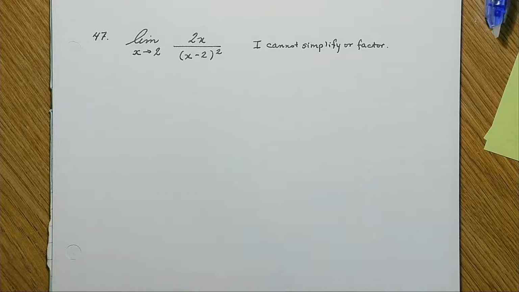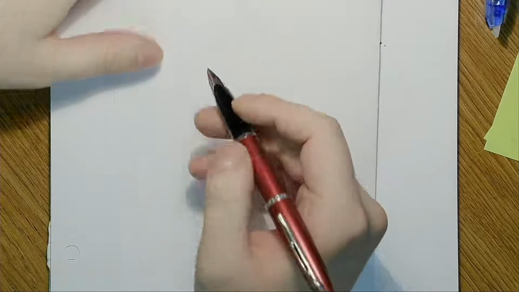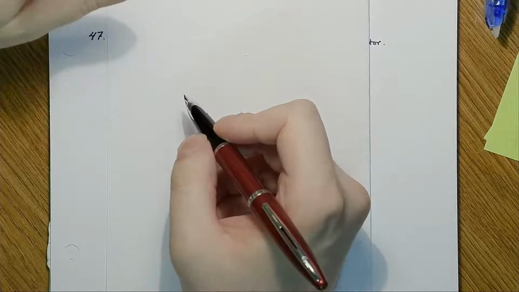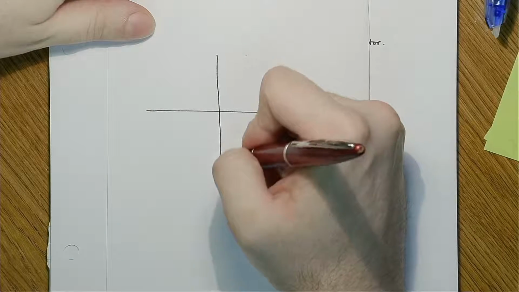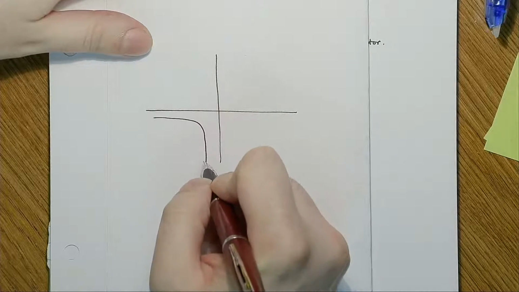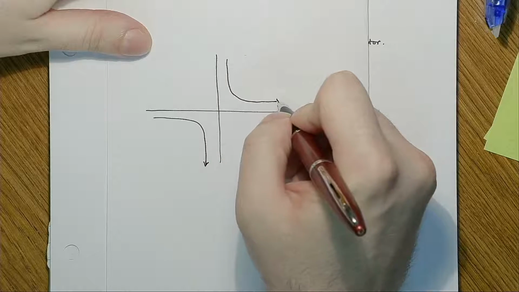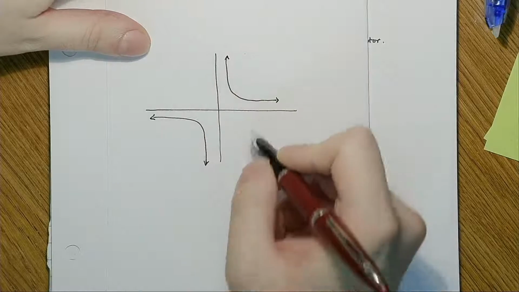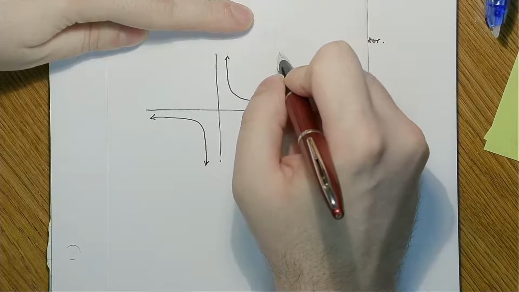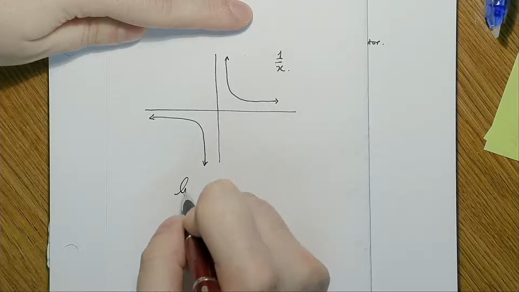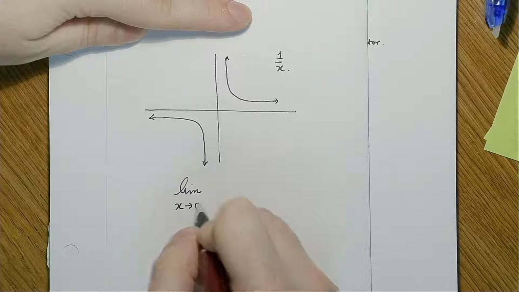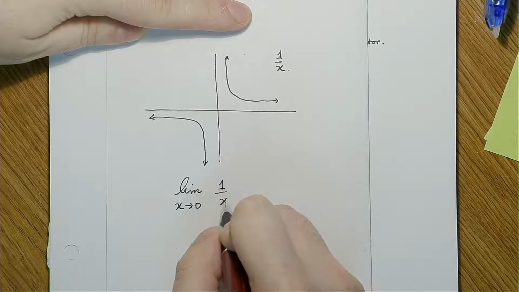But where do the limits not exist? We can think of one, and we've looked at this before, where we had the function 1 over x. And if I look at the limit as x goes to 0 of 1 over x,